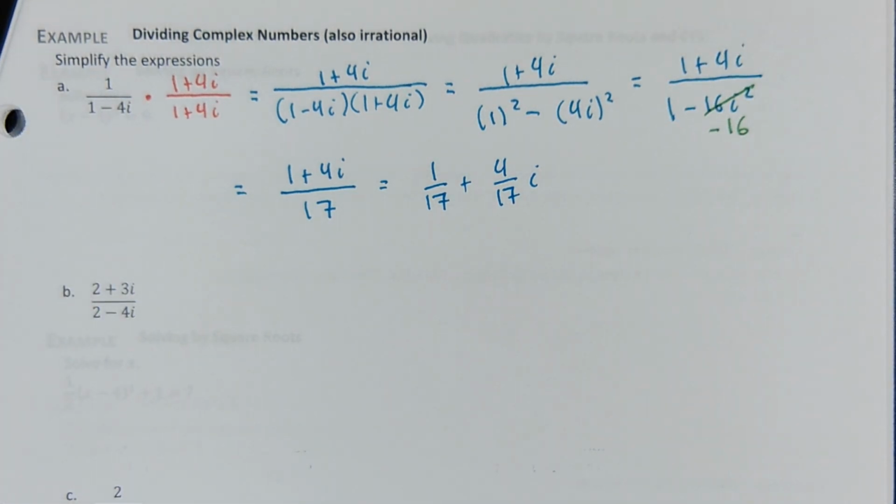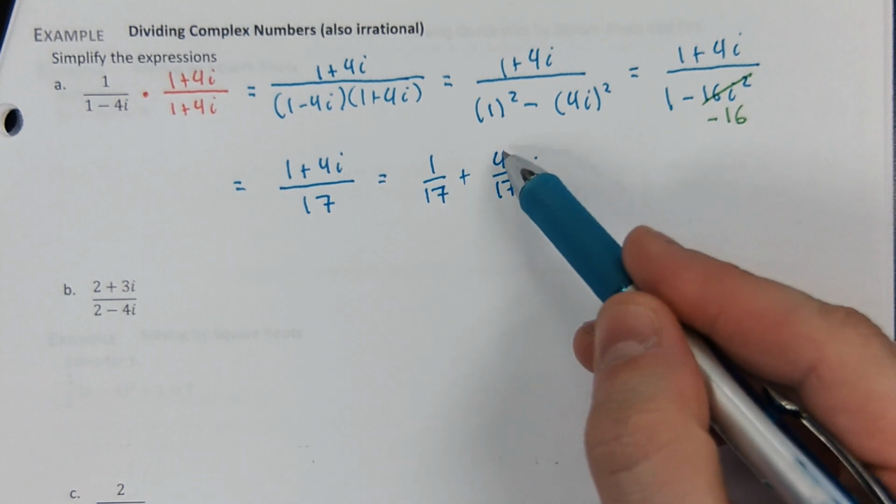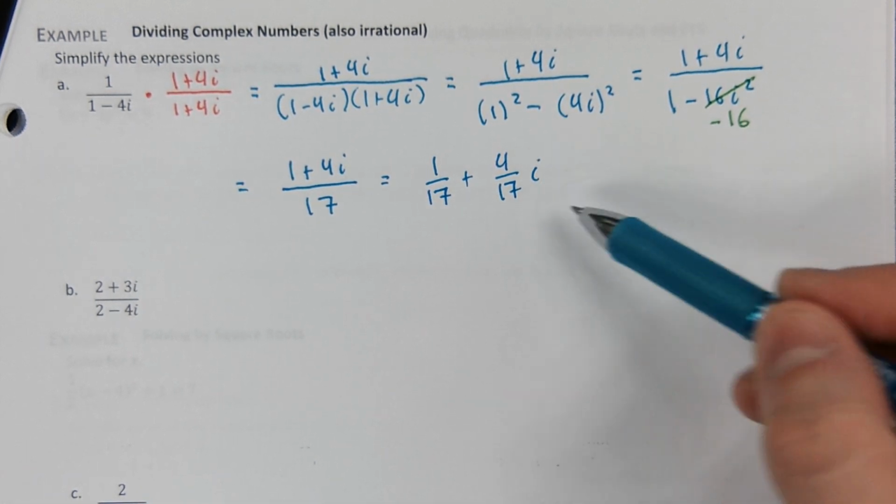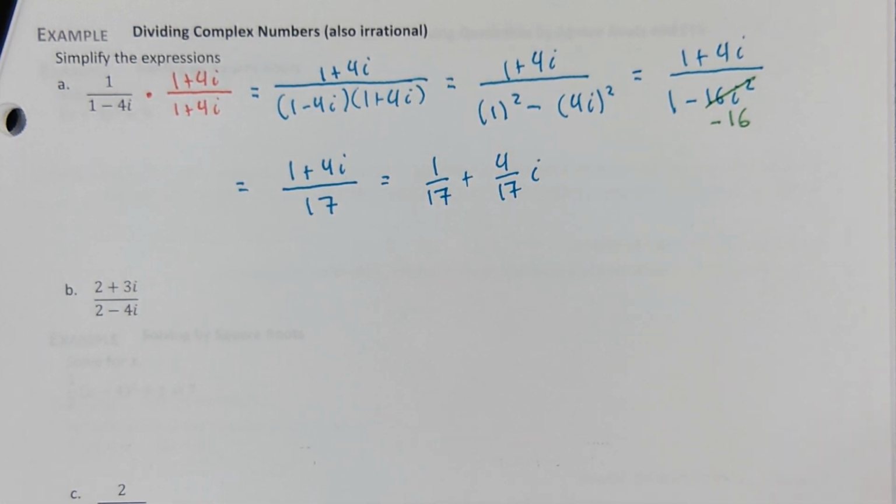So is it incorrect to have this i on top of this fraction next to this 4? No, that's not incorrect. That's fine. It's just that you'll never see it written that way. It'll always have the i off of the fraction, almost like it's a variable. It's not a variable, but that's what it'll always look like. And just to show you,